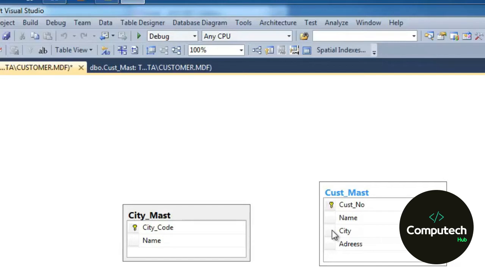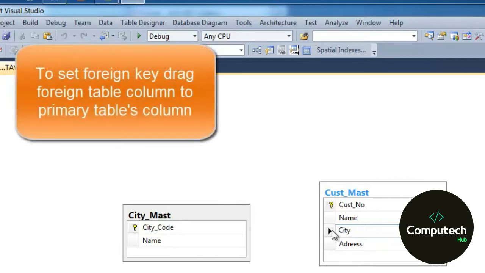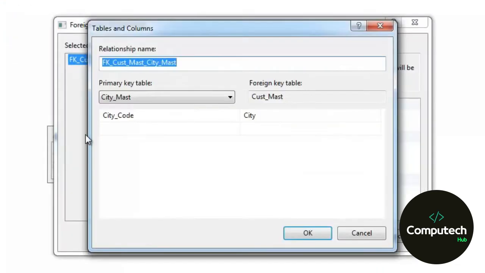So I want to give a foreign key relationship between the customermast and citymast tables. This is the child column which is derived from the citymast table, and this will be the code of the city, not the actual name. So I am giving a relationship to the citymast table primary key, which is city code. The primary key table is citymast and the foreign key table is customermast. Press OK